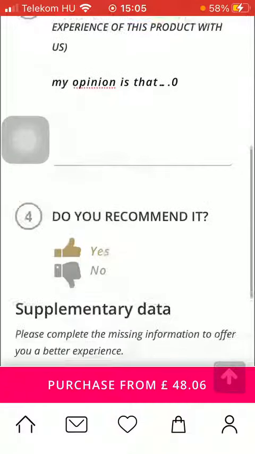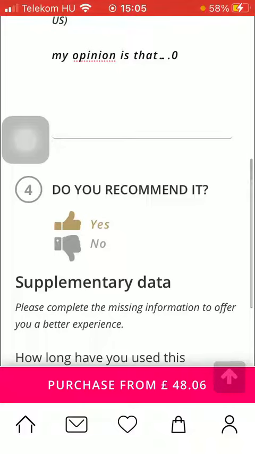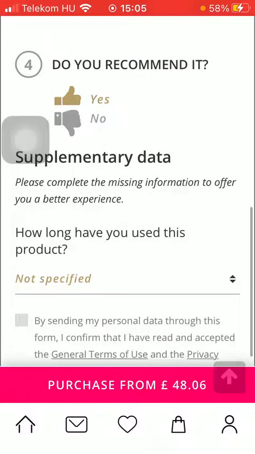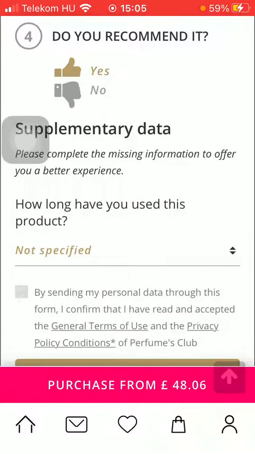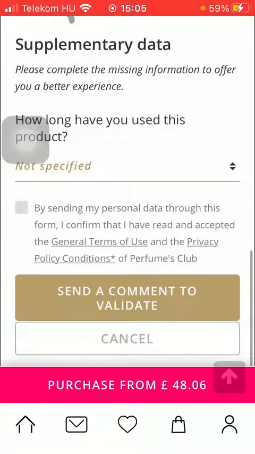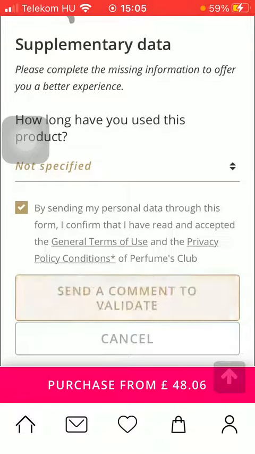So after that you should select whether you recommend it or not by tapping on the thumbs up or thumbs down button, and then you should select how long have you used this product. Tap on this button and click on send a comment to